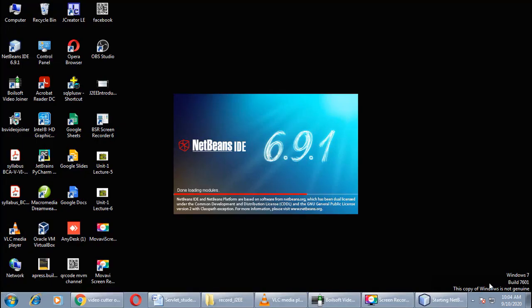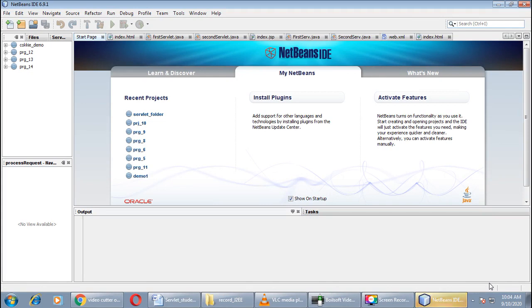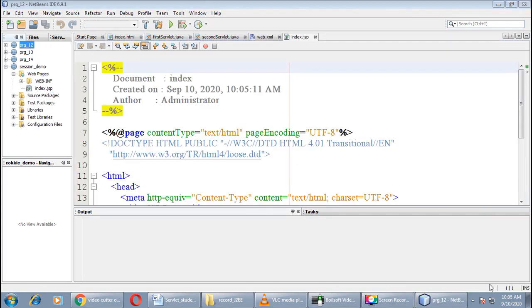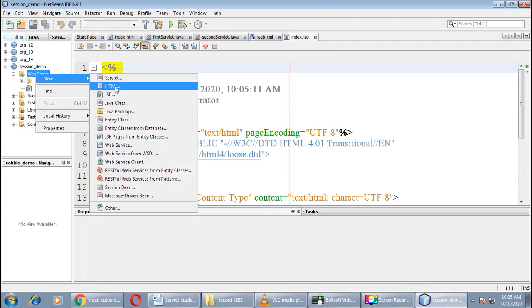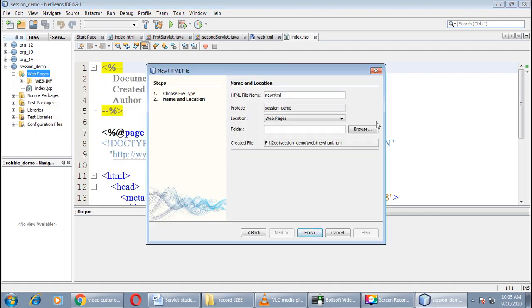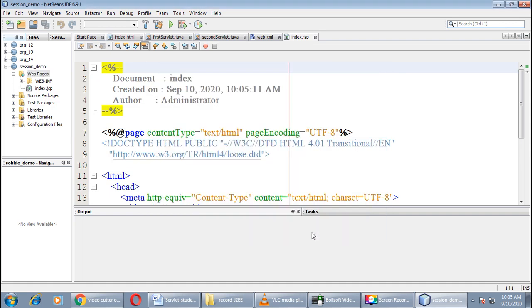NetBeans IDE is opening. Create one new project. Here you can see the SessionDemo is created. Create your web page, create your HTML page. For that select HTML and index page, create one index page and click on finish.